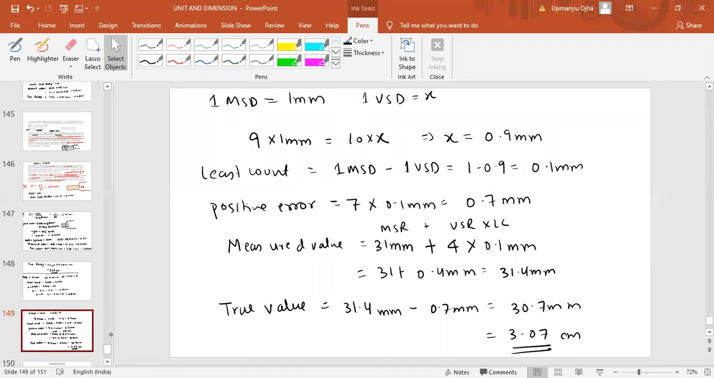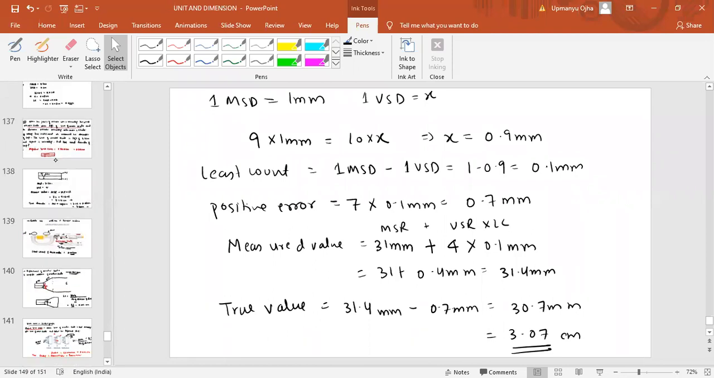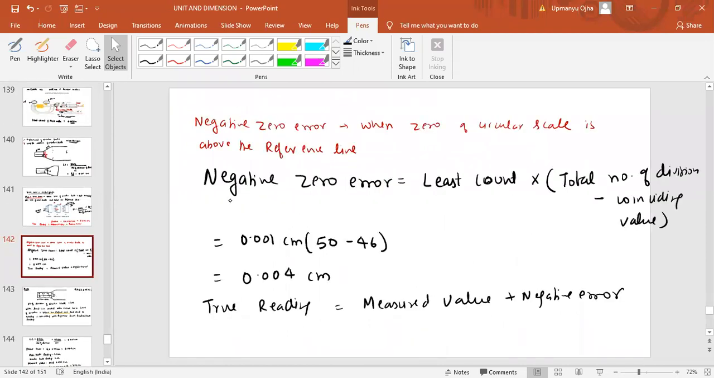See, negative error. I told you for screw gauge how to find negative error. For screw gauge, negative error is total number of divisions minus coinciding value, times least count. First of all, you have to check whether it is negative error or not. For negative error,